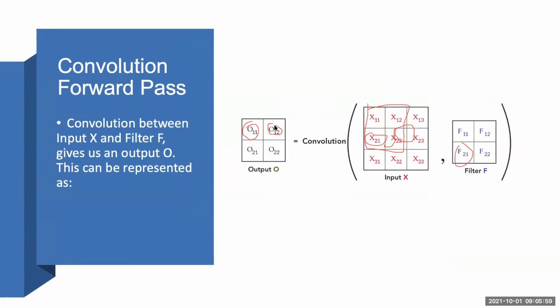For the second one, when you slide one step, or depending on the number of strides you set, you would sum up the multiplication of each element with the element of the filter, and the summation would be what you have here. So basically,